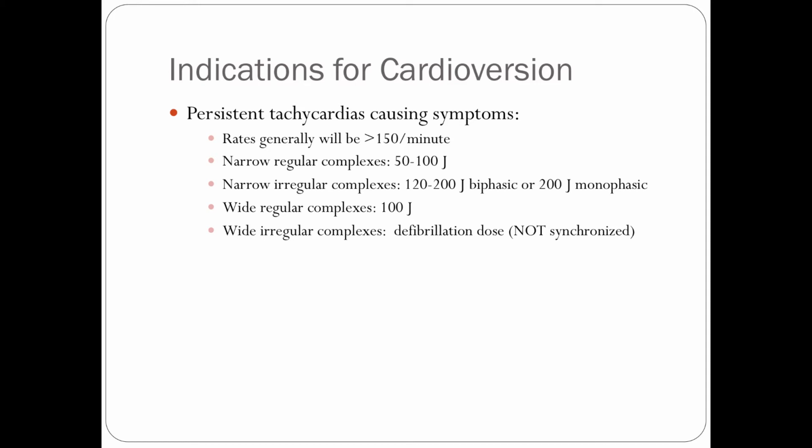With a narrow irregular complex, like AFib or a flutter with varying flutter waves, and a rapid ventricular rate over 150 and symptomatic or unstable, we start them anywhere from 120 up to 200. If the lower ones don't work, you do increase them to try to get conversion. With wide complex regular tachycardia, we can start them right at 100. Wide irregular complexes,